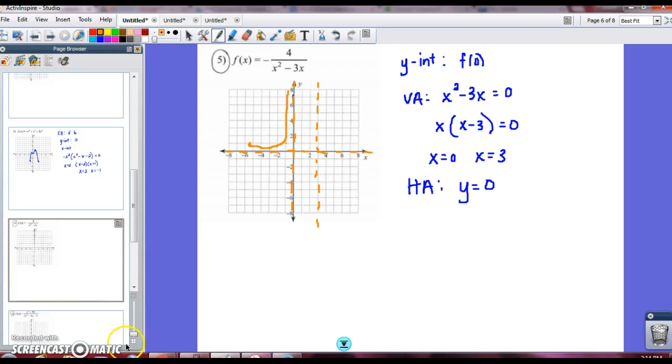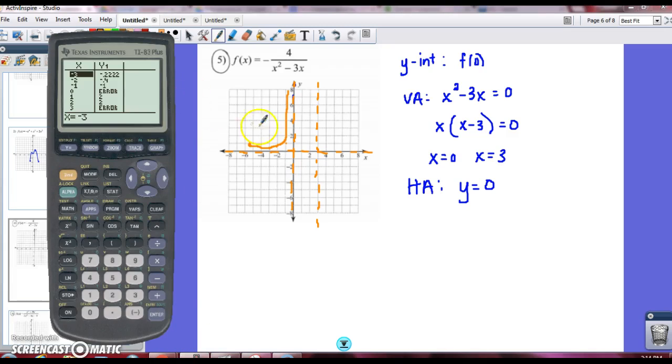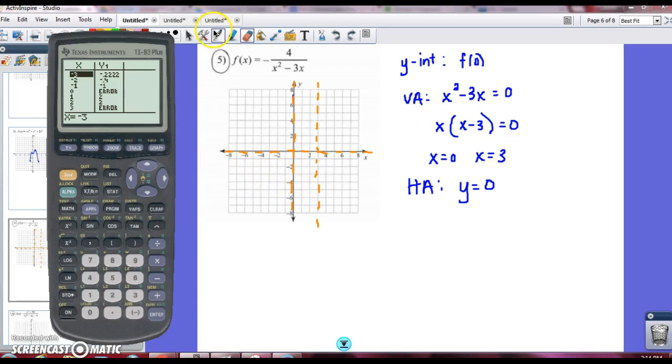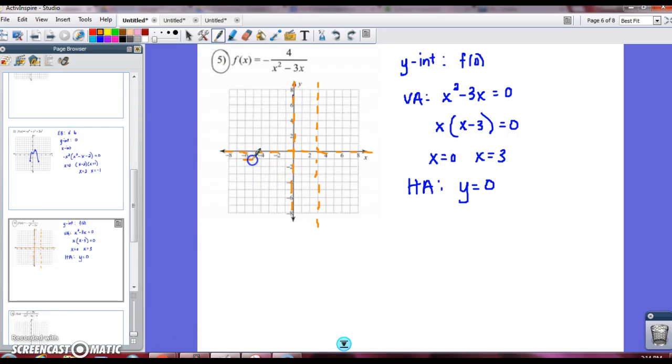Oh, wait a second. Backtrack. Sorry, those are negative. So actually, I'm in the wrong spot here. Getting ahead of myself here. These would be down here, right? So you'd have more something going like this. And here. And then let's look